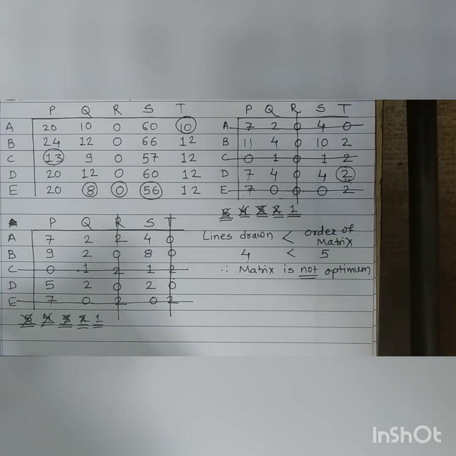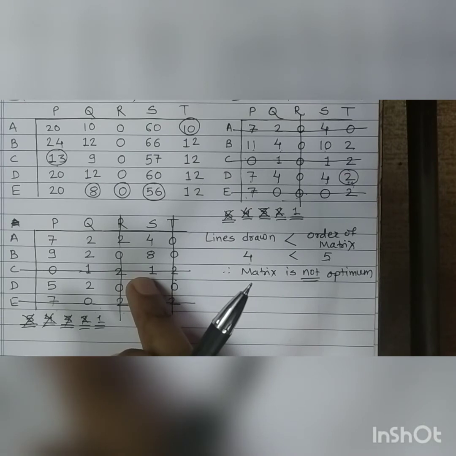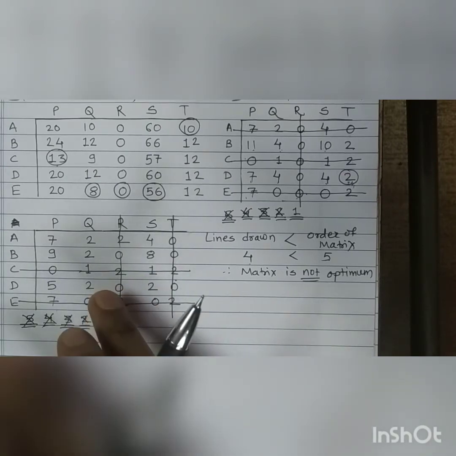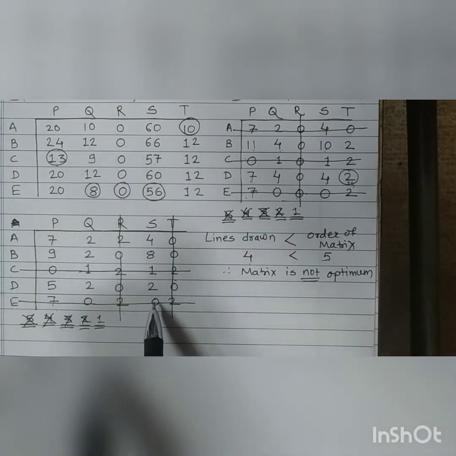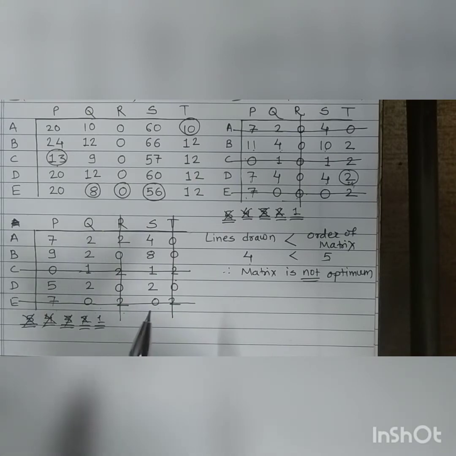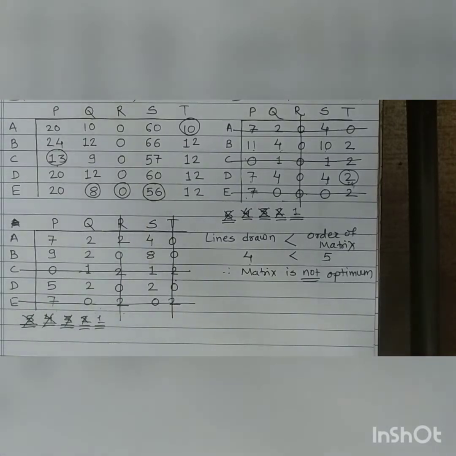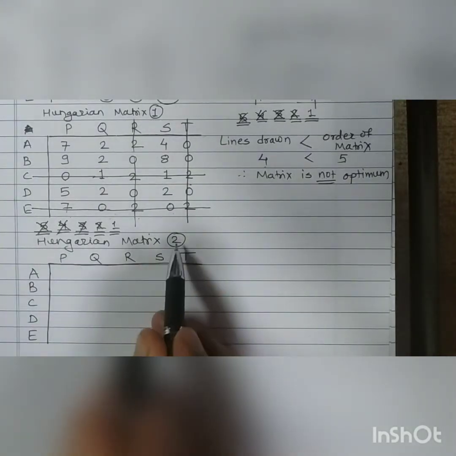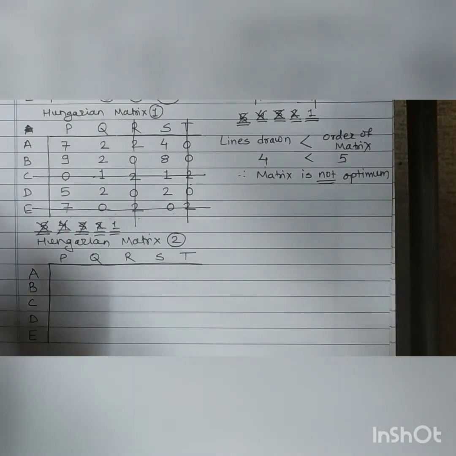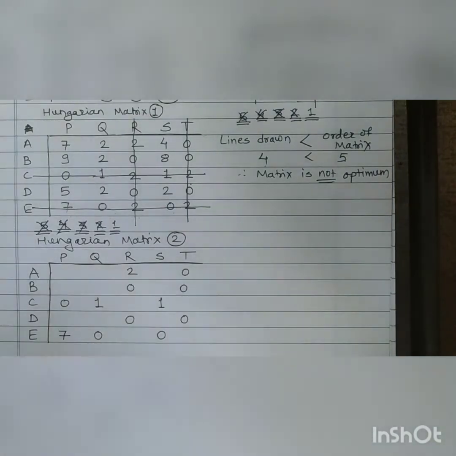In this case you have to use the Hungarian method again on this improved version and construct a new matrix. This was Hungarian matrix iteration number 1 and the new one will be Hungarian matrix iteration number 2. Again those elements which are present on one line, write as they are. Yes, the matrix will look like this. Write down very carefully and check again.